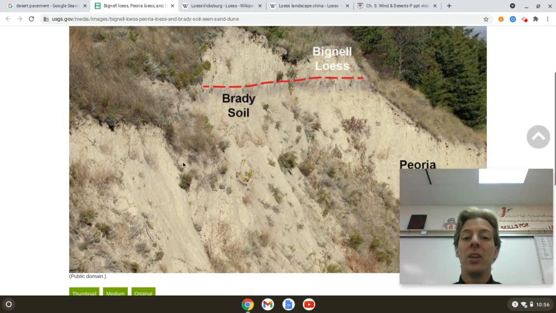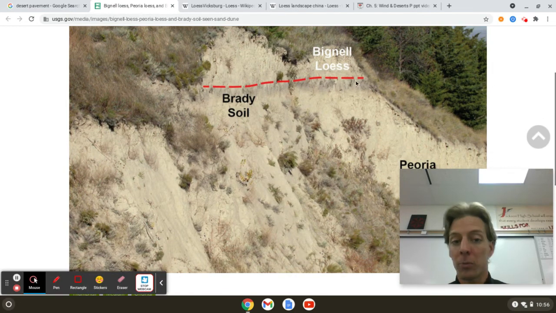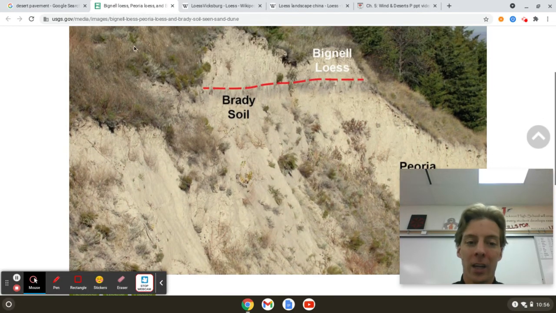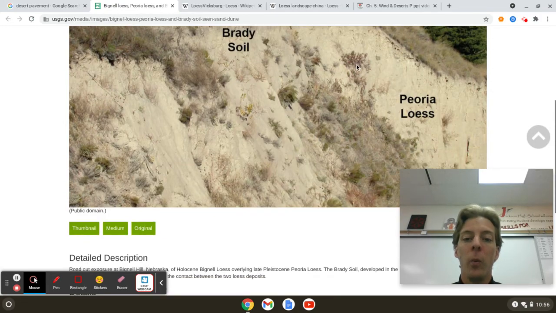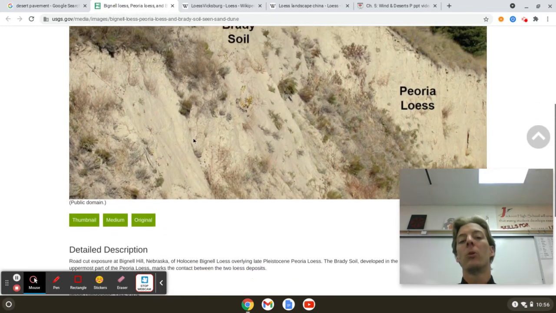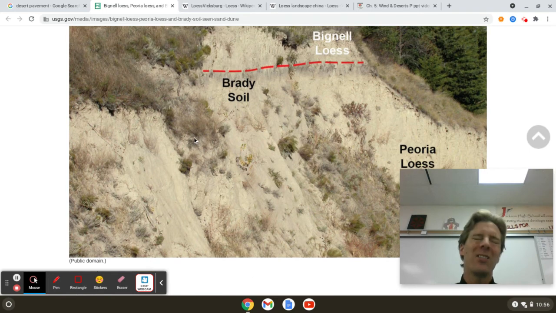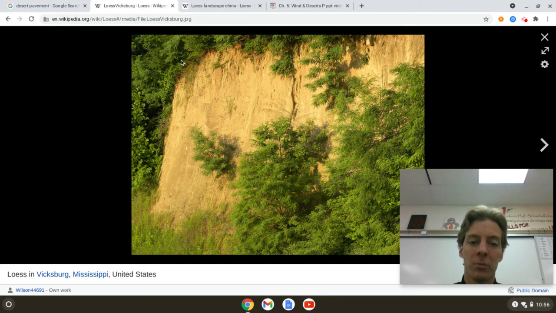All right. These loess deposits are categorized as different types of soil by when they were deposited, because this is long term. It's not something you're going to notice. It's deposited over years and years and millennia. Some of these are exposed. You see it because there was a cutting or a road or there's a bluff. But all of this is just silt soil that's been blown in across the upper Midwest.